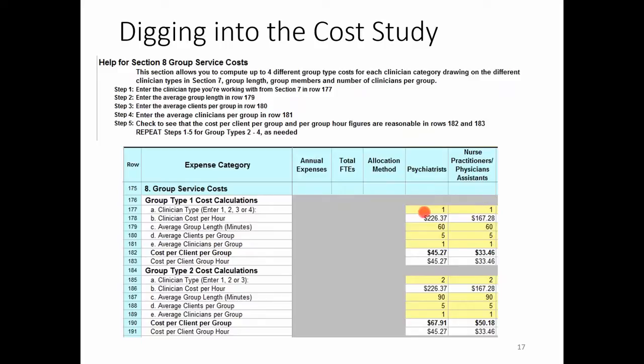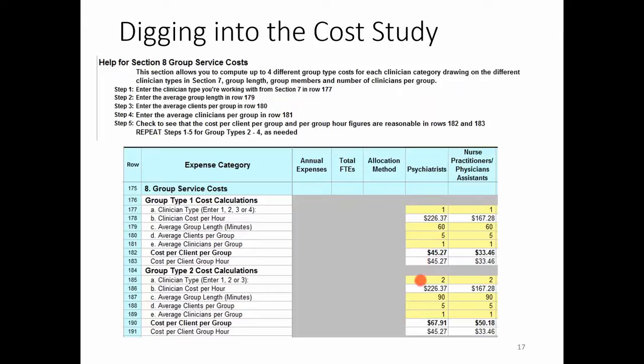So in my group type 1, it brings down my cost per hour. It says, what's the average length of a group? What's the average clients per group? What's the average clinicians per group? So here I have an hour-long medication group that sometimes the psychiatrist does, sometimes the nurse practitioner does. The group has an average of 5 clients, and there's 1 provider per group, and so we get our cost per hour. I'm sorry, our cost per group, which is the same as the cost per hour